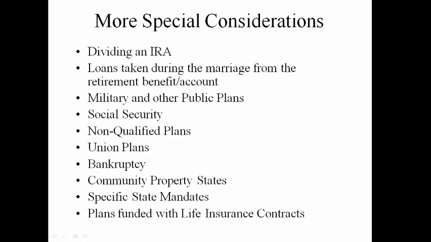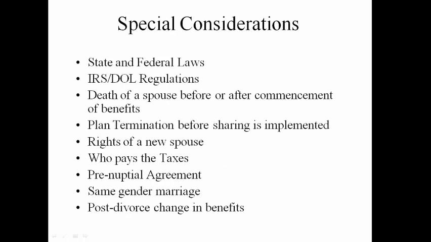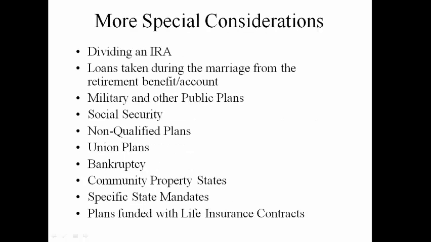If those things happen, state law will control, but somebody has to carefully analyze whether or not one or more of those changes will be shared by the non-participant spouse. So if the benefit to be shared is to take place in the future, if the date we chose was the date of benefit commencement, we have to be prepared to stipulate what happens if in the future the benefit changes from what it was when we wrote the order.